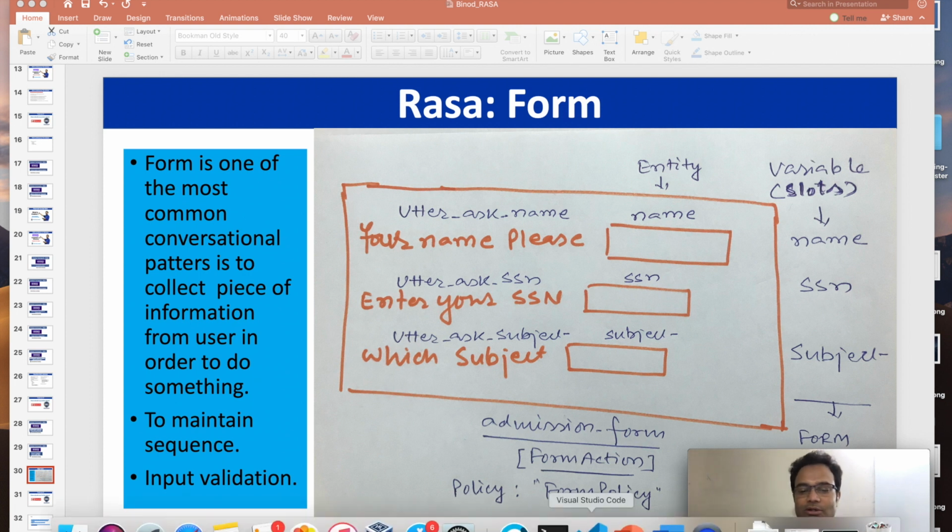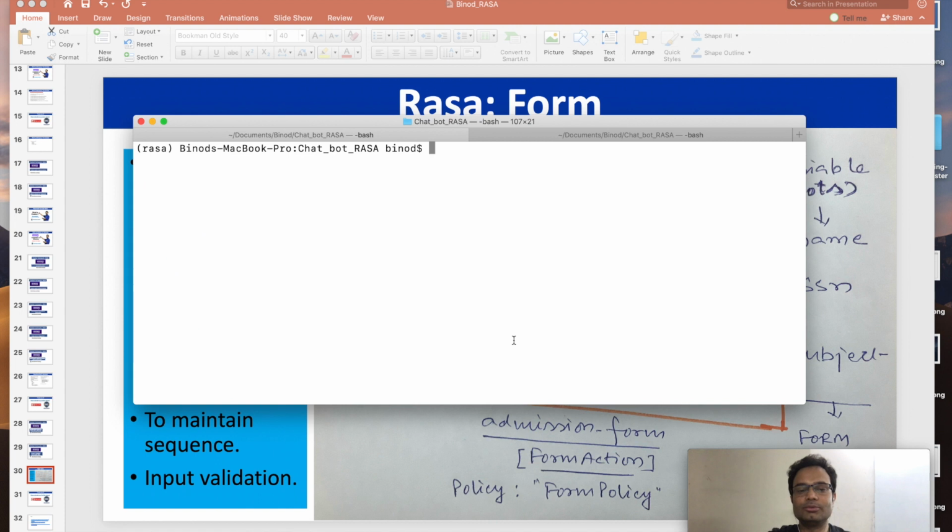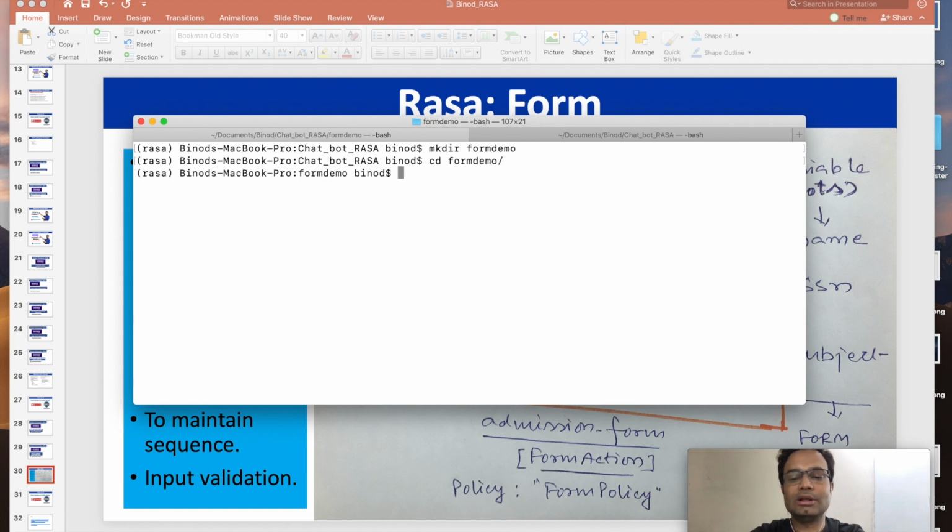I am going to start the code from scratch. So create one folder, form demo. Okay, and here run rasa init.